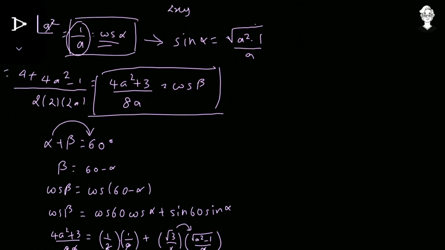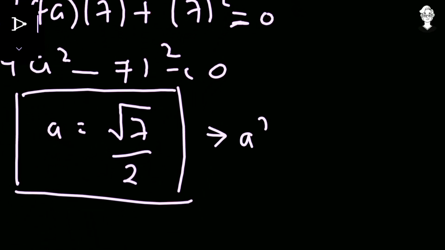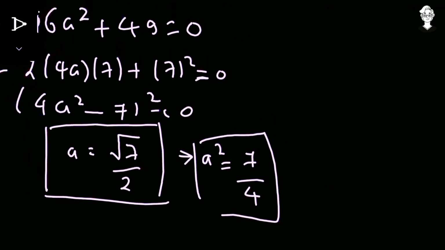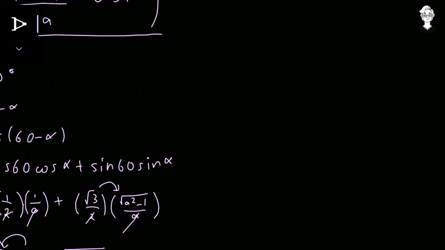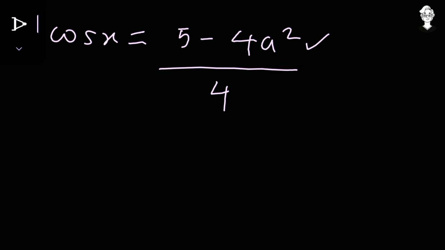Now we have the value of a equal to square root of 7 upon 2. So from here we get the value of a² as 7 upon 4. I am going to replace the a² present over here with that. So we get 5 minus 4 times 7 upon 4. So 4 into 7 upon 4 gives me 7. So 5 minus 7 is negative 2. And in the denominator we already have 4. So negative 2 upon 4 becomes negative 1 by 2. And that is the value of